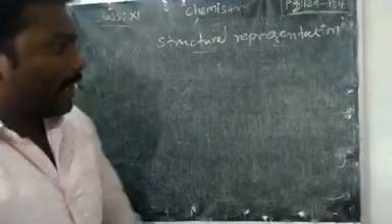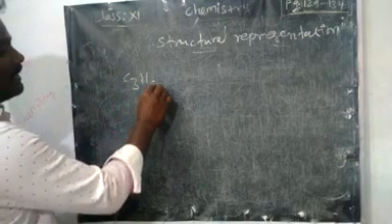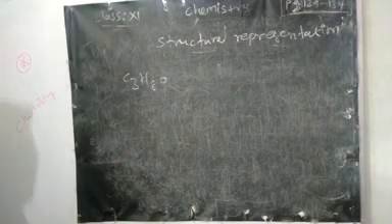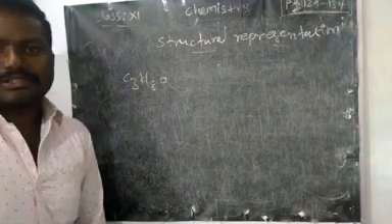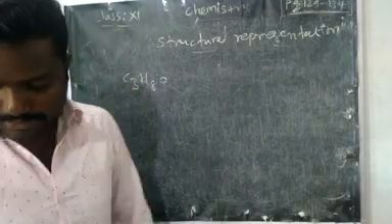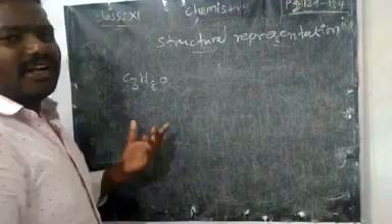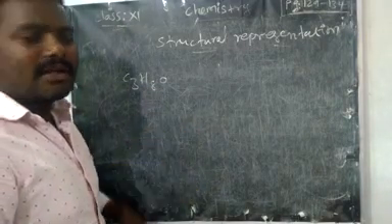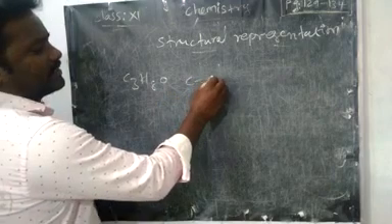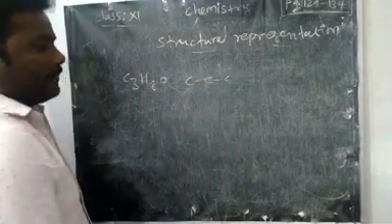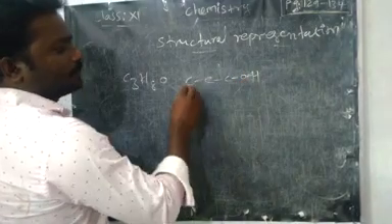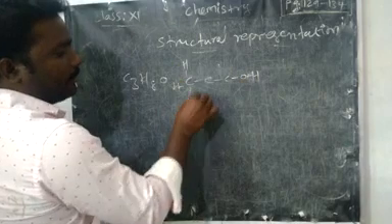The first one, propanol, C3H8O. What is the molecular formula for propanol? C3H8O. For this, the first structure, what is that? The complete skeletal structure. See, all the bonds we will write. Or we can say the electron structure we will not write, because we already know that we will write the remaining lone pairs. First, for the skeletal structure, 3 carbons, and also we have oxygen with hydrogen. That means alcohol formation.